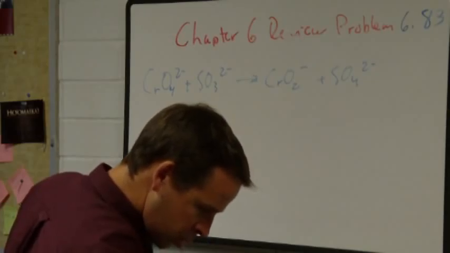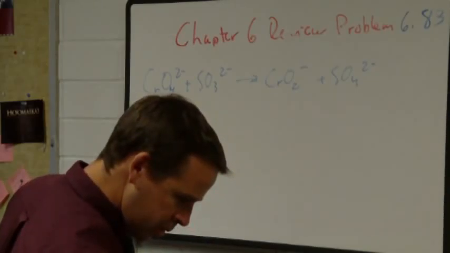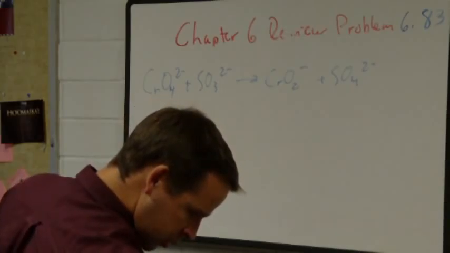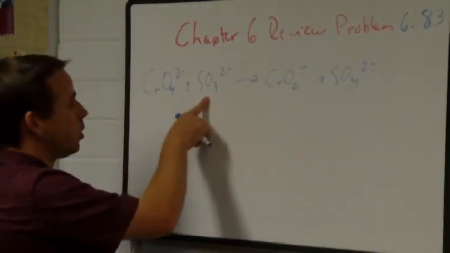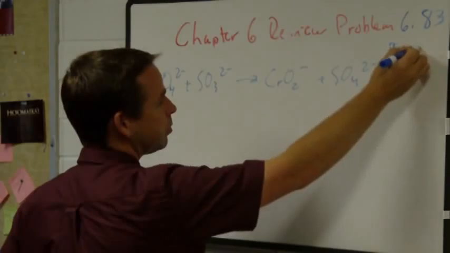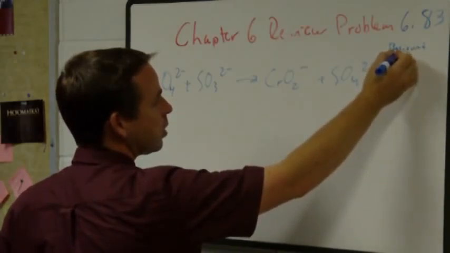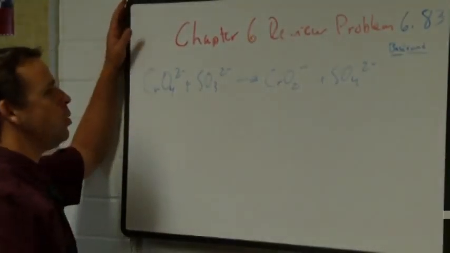Products are CrO2- and SO4 2-. Write the balanced equation for the reaction of CrO4 2- with SO3 2-. And it's in basic conditions. Basic conditions. Okay, so